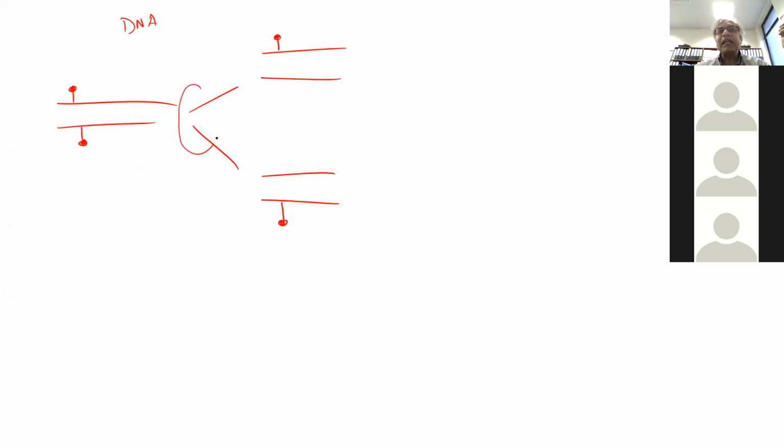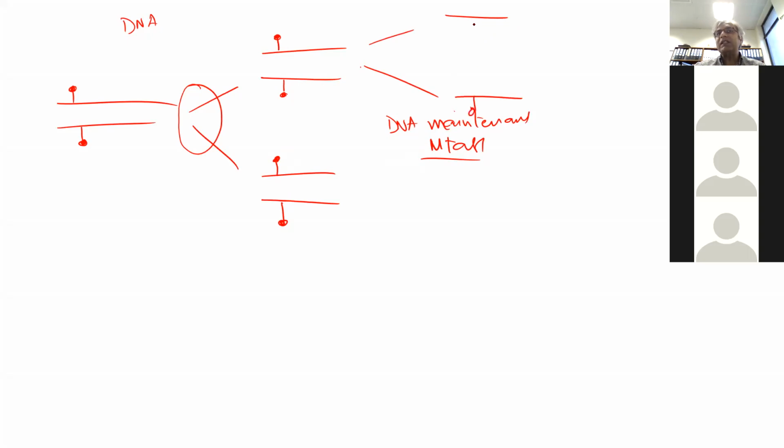At the replication fork, an enzyme called DNA maintenance methyltransferase recognizes the hemimethylated strand and methylates the opposite strand where the symmetrical cytosine is. You can imagine this cell will replicate, and again, these methyl patterns will be